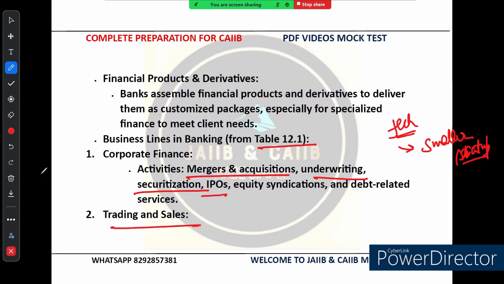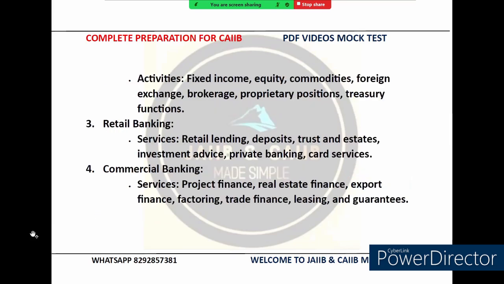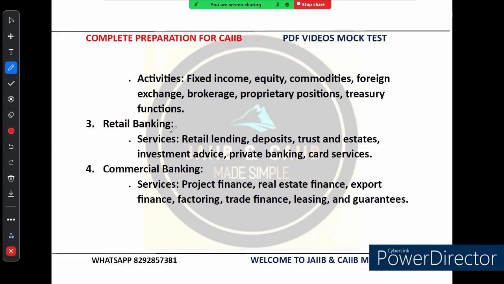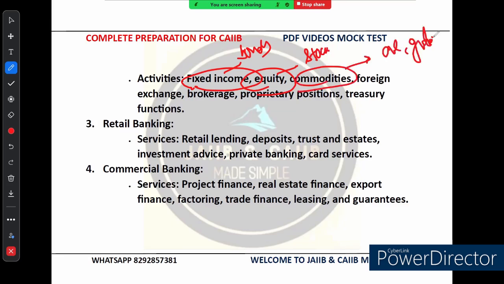The next business line is trading and sales. So what is included under it? This is the most fast-paced side of banking. In trading and sales, banks handle fixed income, like we say bonds, equity, like we say stocks, commodities, for example we can say oil, gold, etc., and foreign exchange, like dealing with different currencies. They also do brokerage services, where they act as middleman between buyers and sellers. They hold proprietary positions, which means the bank trades with its own money. For example, when you see news about a bank making huge profit from trading oil or currency, that is part of